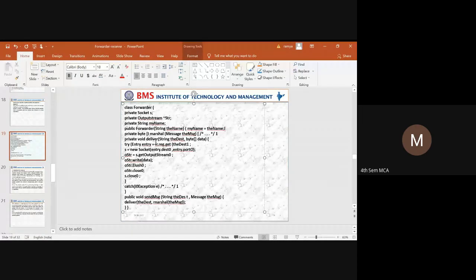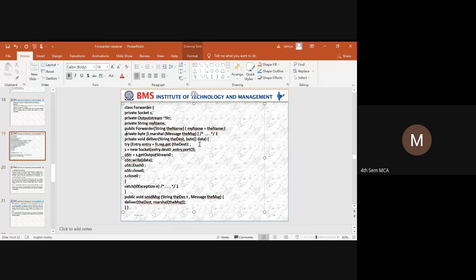Next we need to deliver that marshaled message to the particular system or particular peer. Through the deliver method, we identify the destination, and the data will be generated in terms of bytes. The data and the destination will be passed to identify the location.